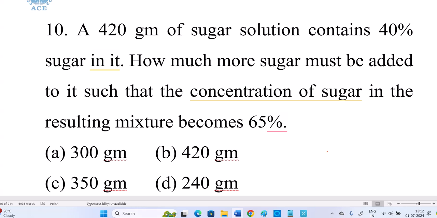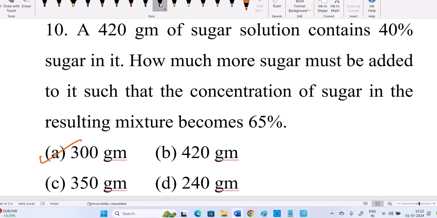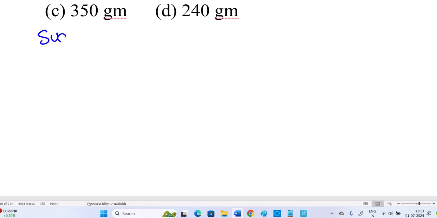Yes, it's correct. 7 is to 5 is the ratio you will get and 300 grams is the answer. You focus only on sugar. Initially sugar is how much? 40%. Then you are adding sugar only, 100%. Overall sugar should become